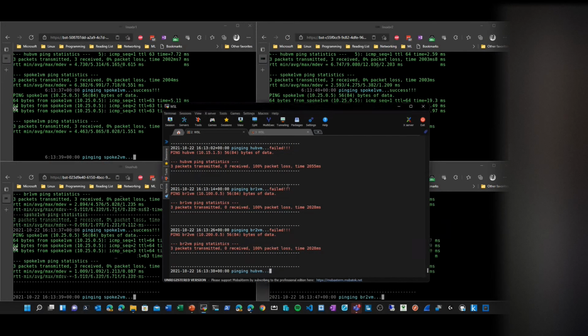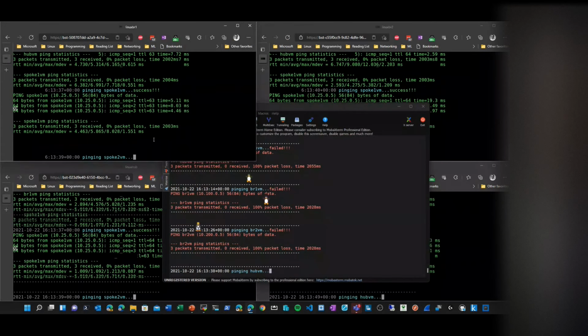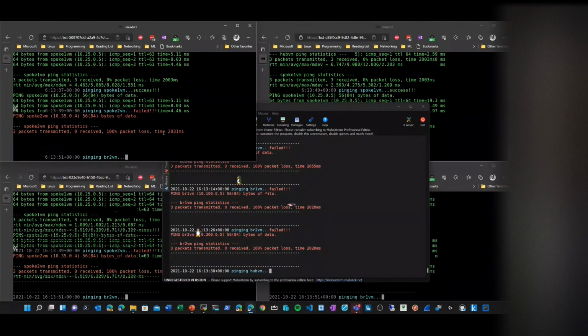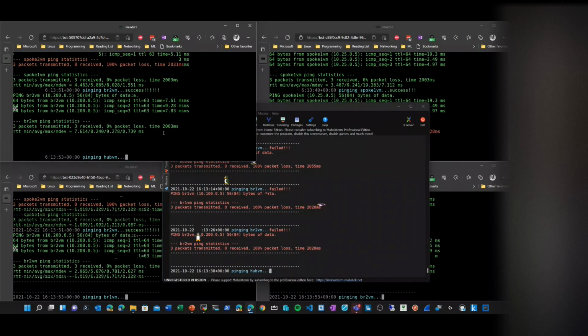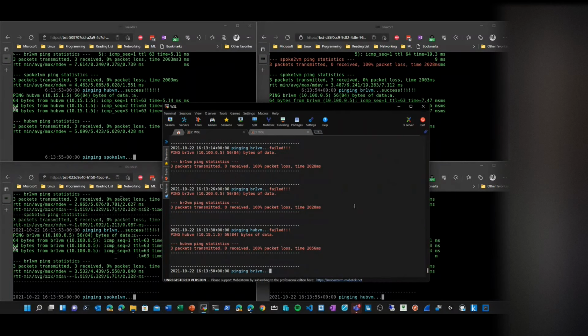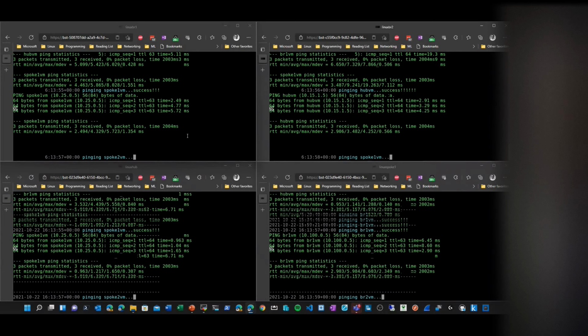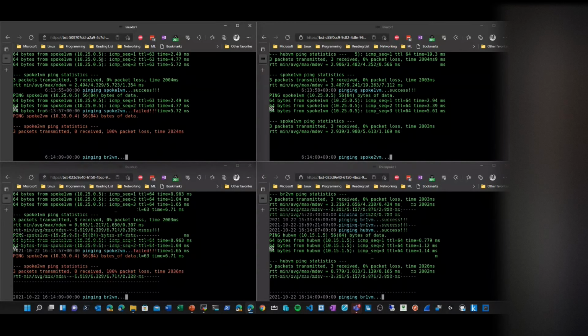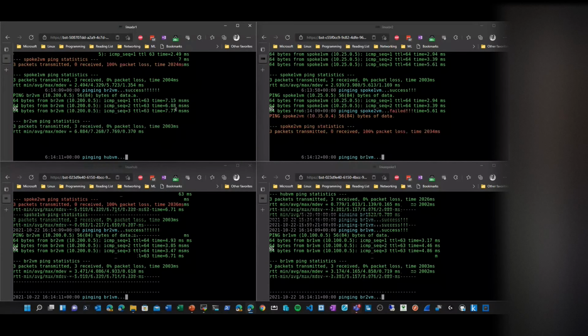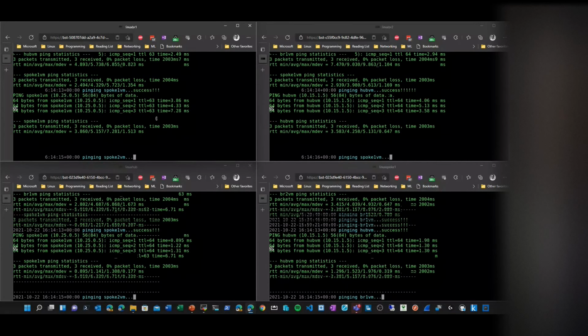Right. So if you were to look at my current configuration here, are you able to see my screen? Okay. Yeah, you can. Okay. So here I'm pinging from the Linux VM sitting in branch 1. I'm trying to ping the spokes. I'm trying to ping branch 2, and you can see here,